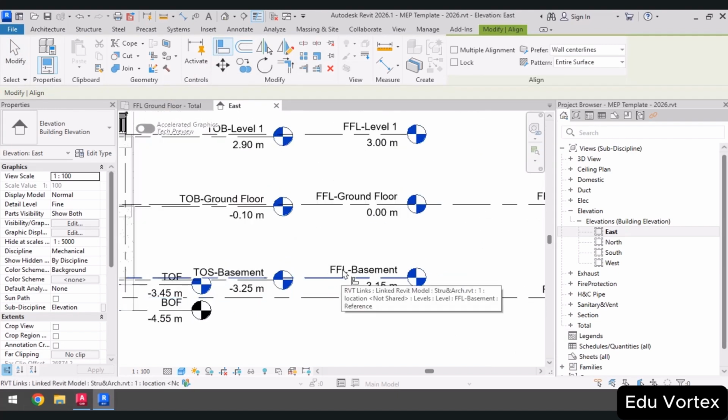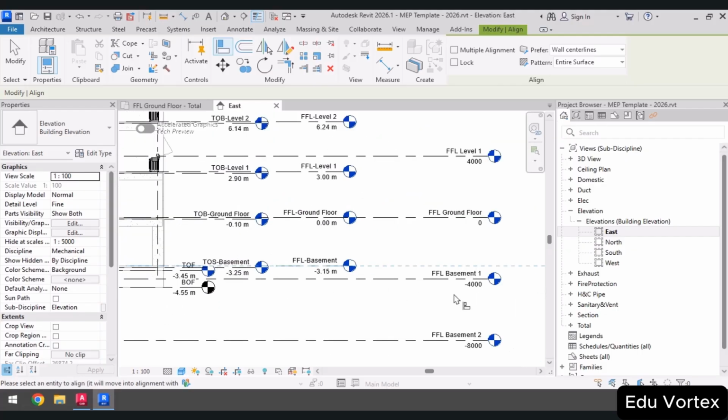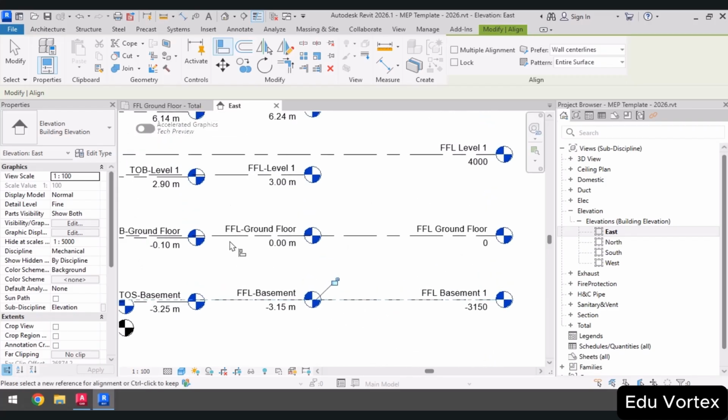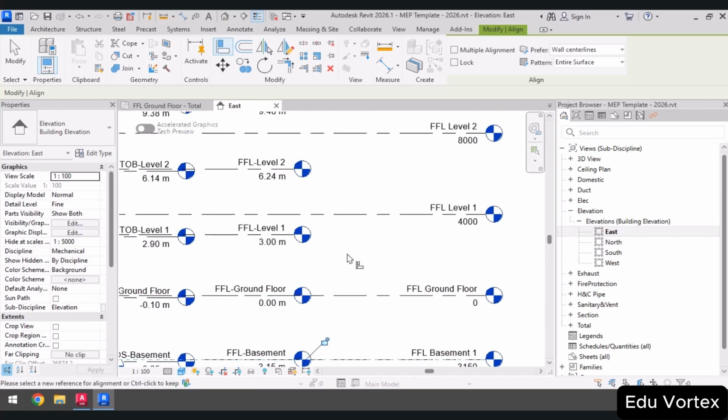Here my reference is the FFL basement from the architectural file. So I will click on this FFL basement level, which is also present in the template, to align them. The ground floor level in my architectural file matches the ground floor level in the template,